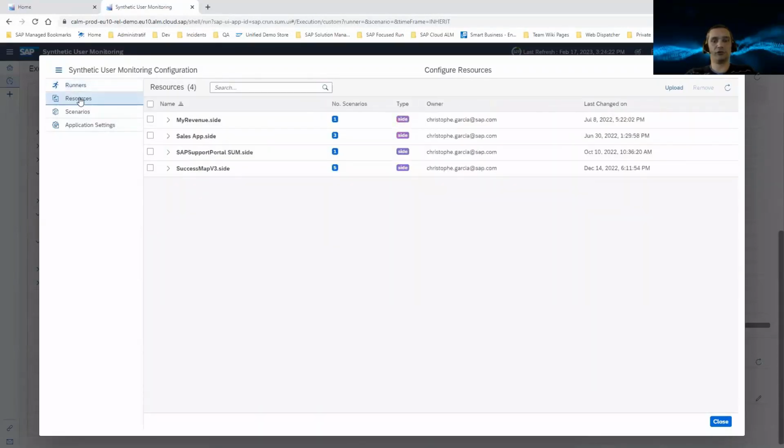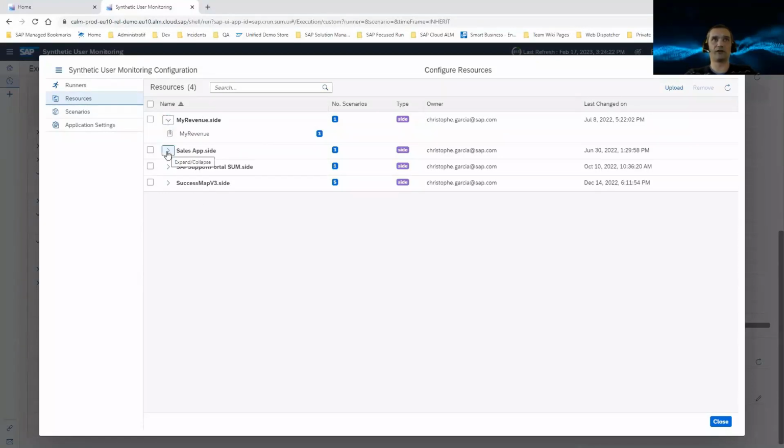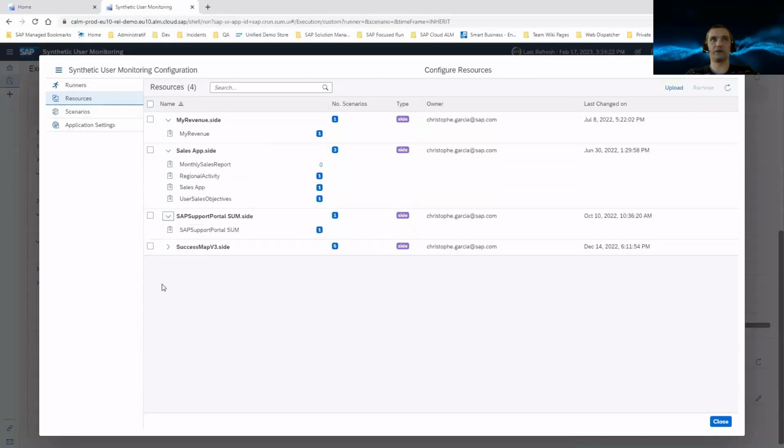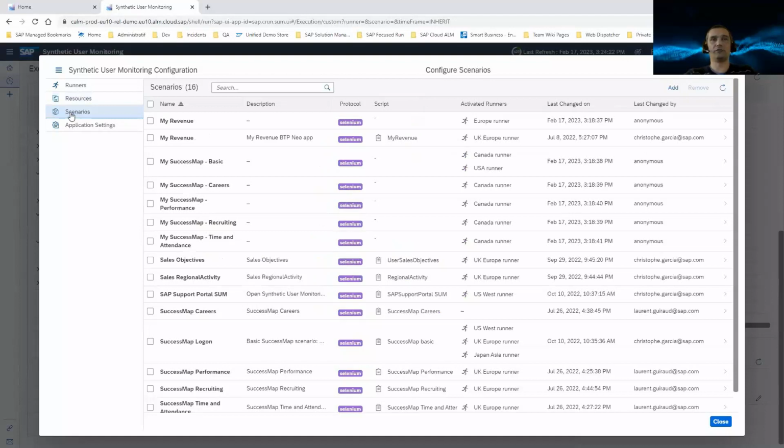You can also here find the resources. So all the side files, the Selenium IDE files that were imported, and inside those files, all the scripts that were contained in the file. So as I explained, yeah, you can have several scripts into one side file. And finally, you have the scenarios